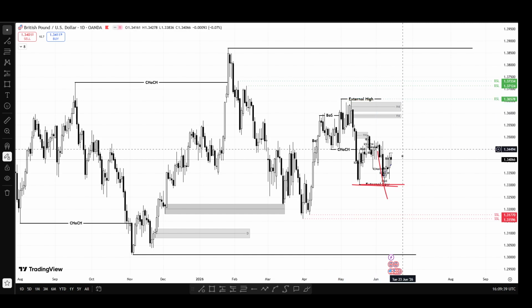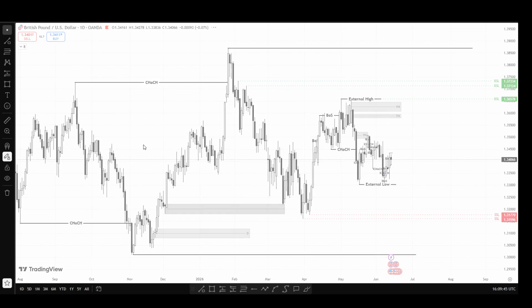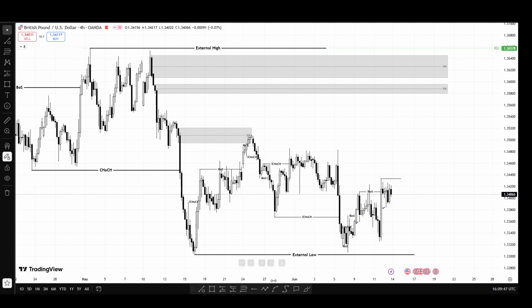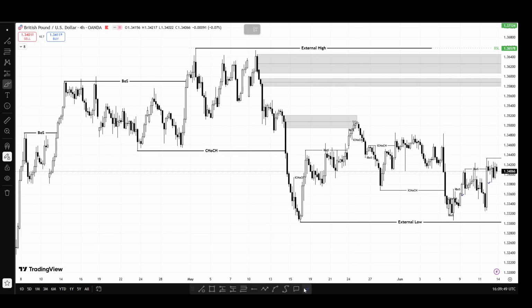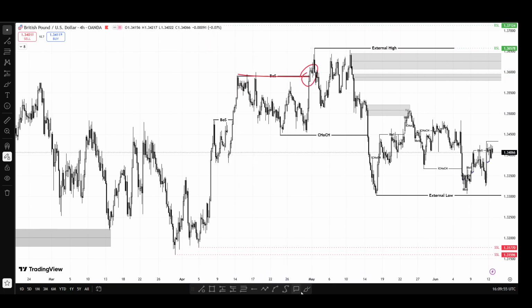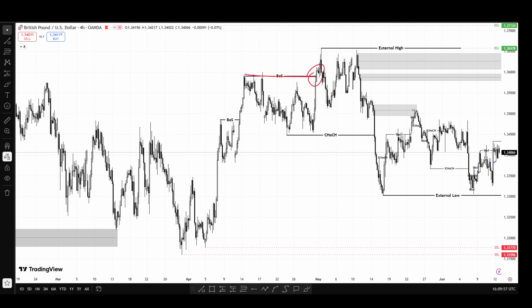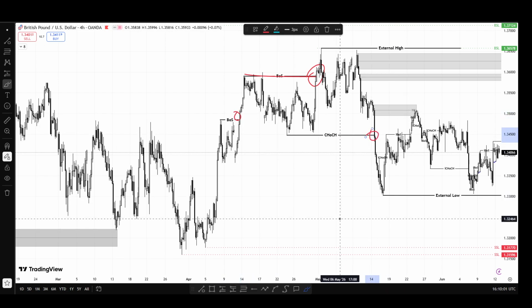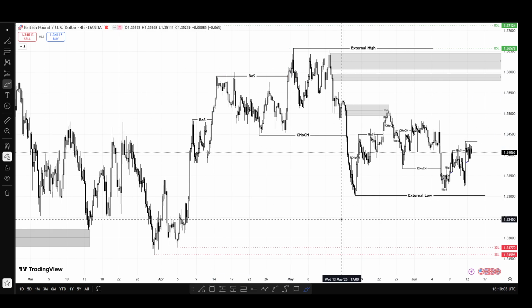Okay, so on the 4 hour time frame, you can see on the 4 hour time frame that we had this break of structure to the upside on the 4 hour time frame. So we had these 4 hour breaks here. So this there, and then we had this break here. So on the 4 hour time frame,